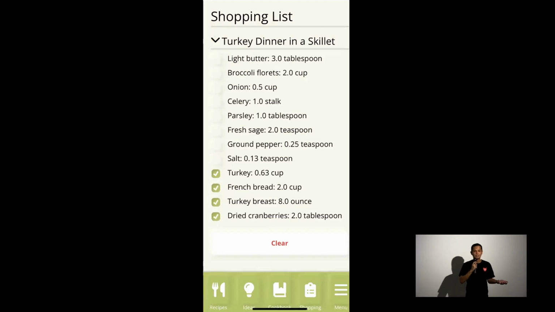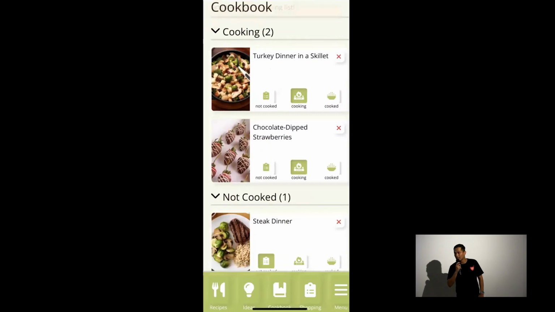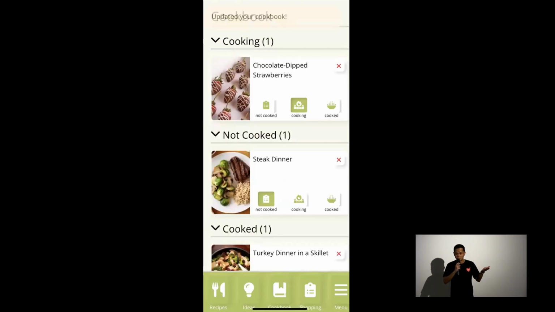Cool. Now that I bought all my stuff, I can clear them from my list. All right, now that I bought my stuff, I can just go home and get ready to cook. All right, so that was pretty easy. I was able to choose the recipe and the meal for my date and remove the stress of finding a